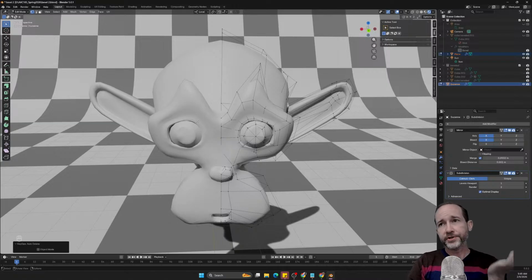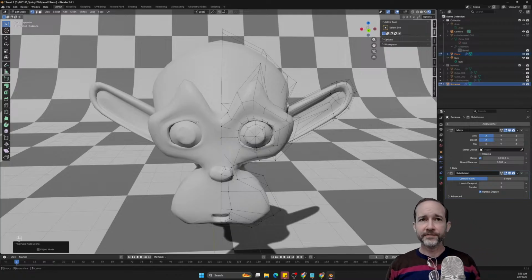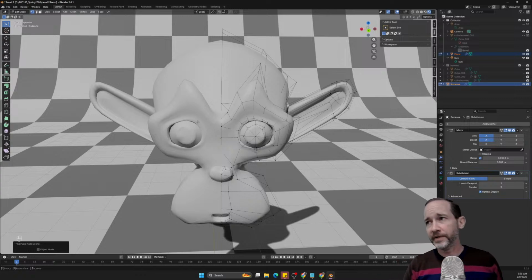Even creatures that may eventually end up slightly asymmetrical, like fish or sharks, it usually makes sense to do the initial modeling symmetrical, right? We're going to have two legs, even if one of them's a little bit bigger than the other. If you're modeling Hellboy, Hellboy has one small regular size hand and one giant hand, and you'd probably model them regular, and then later,